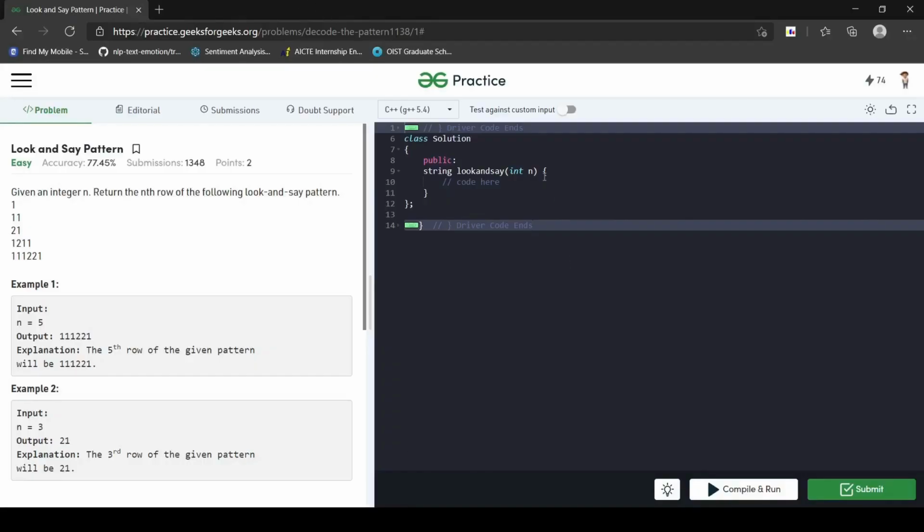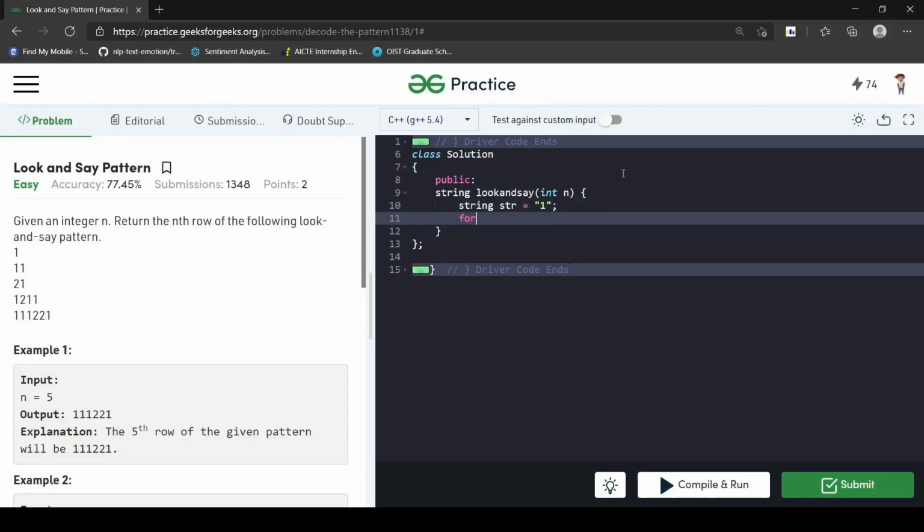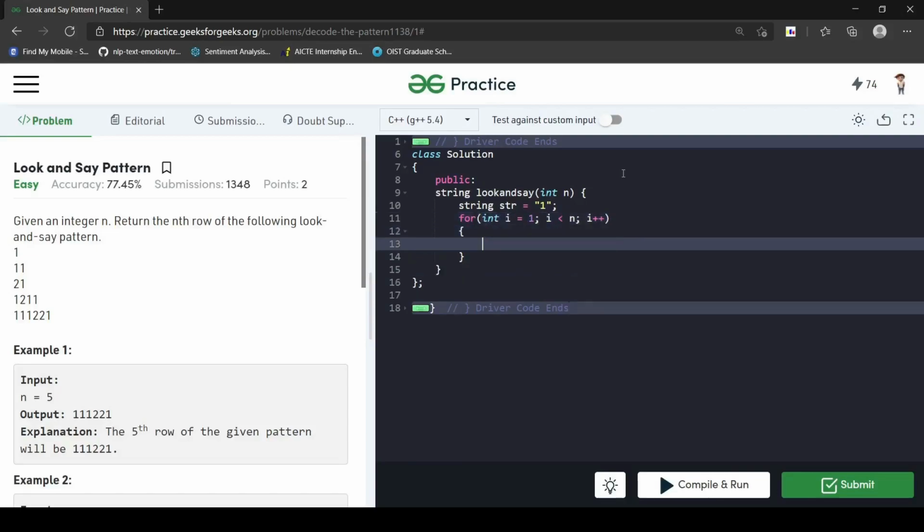I think the screen is visible, so let me zoom it. So we initialize the string str as 1, and we loop from 1 to n to find the string at each position, and as soon as we find the final string, we return that string.